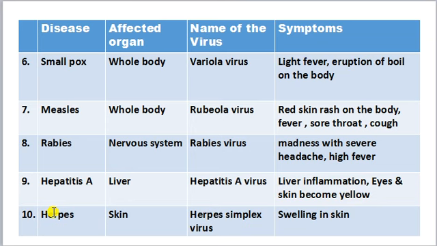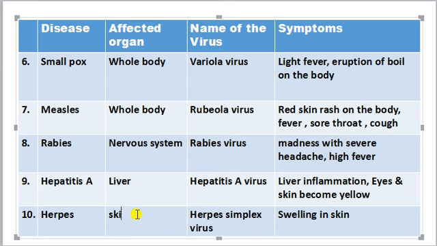Now 10. Herpes. Herpes is an infection that is caused by the herpes simplex virus, and here symptoms include blister, ulcer, pain when urinating, cold sore and vaginal discharge. So the herpes simplex virus basically affects your skin and urogenital tract. So it basically affects your mouth and genital organs. So you have to correct it here: mouth and genitals.